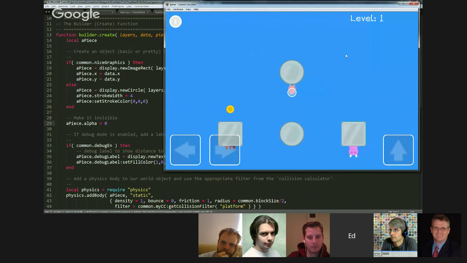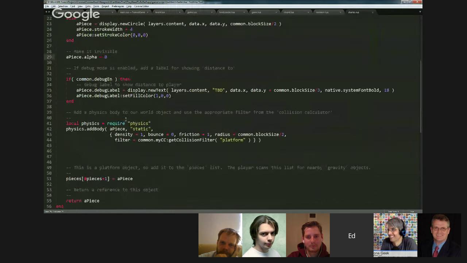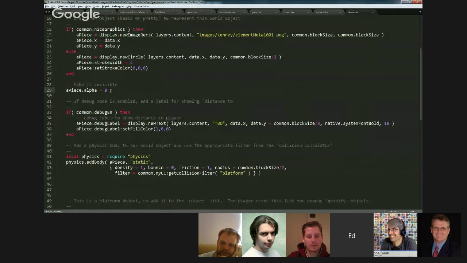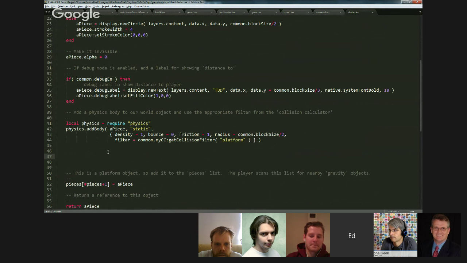If we rerun at this point, jump, and now we got an invisible circle we're running around, right? But that's not exactly what we want. What we really want is for it to kind of pop into view when we jump on it and go, hey, that's pretty cool. So we want to add a collision listener. We got to do that after we add the body. That's the best time to do it. You could do it before, because all this code will get executed. It'll get set up, and then in the next frame it takes action. But I kind of like to do things in the logical order. So after we add the body, then we'll say